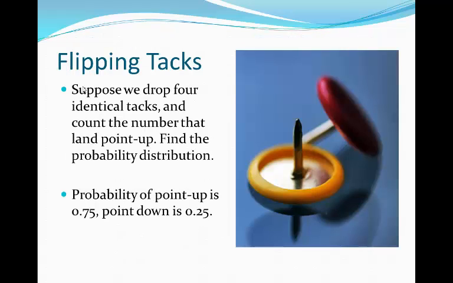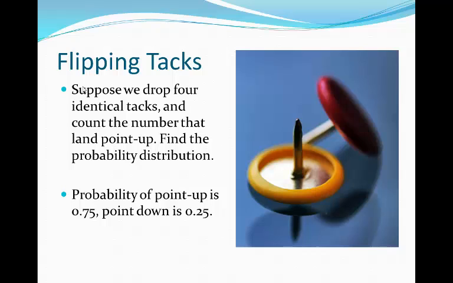Alright, let's take one more example. Up till now we've always looked at a coin, and that makes the problem a little bit special in that the probability of success and failure, of heads and tails, are the same. This time it's going to be different. Let's suppose that we drop 4 identical tacks onto a table and count the number of tacks that land with the point up. Let's find the probability distribution